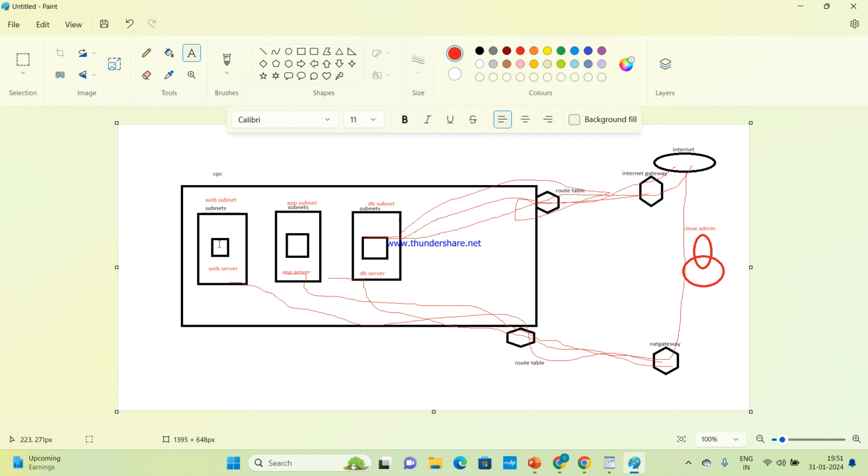So in these servers, there will be confidential data, right? For example, this is a Flipkart application, running on three servers: web server, app server, and database server.